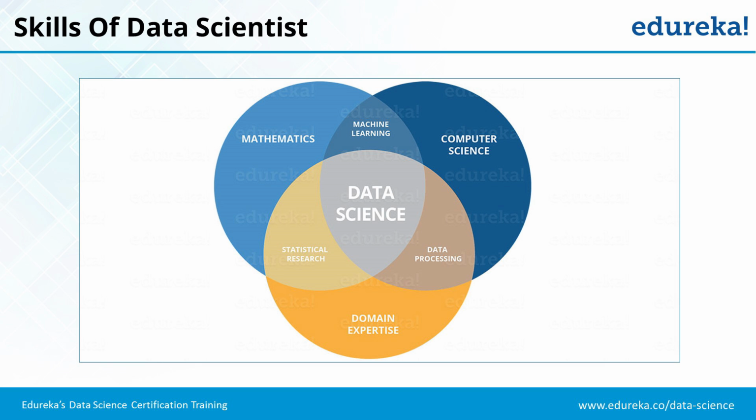The next question was related to domain expertise. What I mentioned here was that domain expertise is very important, because you should be able to explain what insights you have drawn from mathematics. For example, if you take the case of sports, then using your mathematics and computer science, you can find out that the correlation between Virat Kohli's batting and his captaincy is 7.3. But then it does not mean anything for a sports audience or for a cricket player. So you should be able to explain what that means.